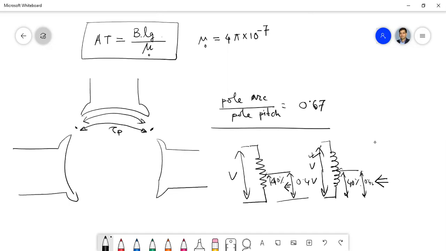The other side remains open. Anyway, that is the difference. So don't confuse it with the potential divider, because they look the same, but the auto transformer operates on the principle of a transformer only. Therefore it is called the auto transformer. Anyway, if I get some time, I will definitely discuss this.